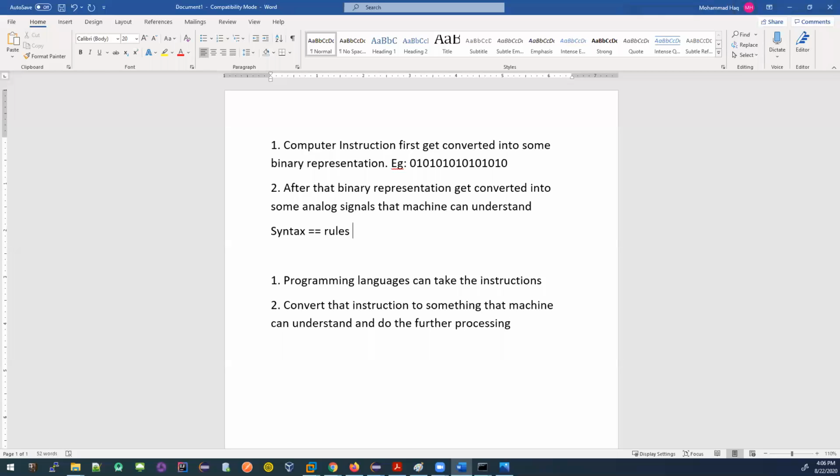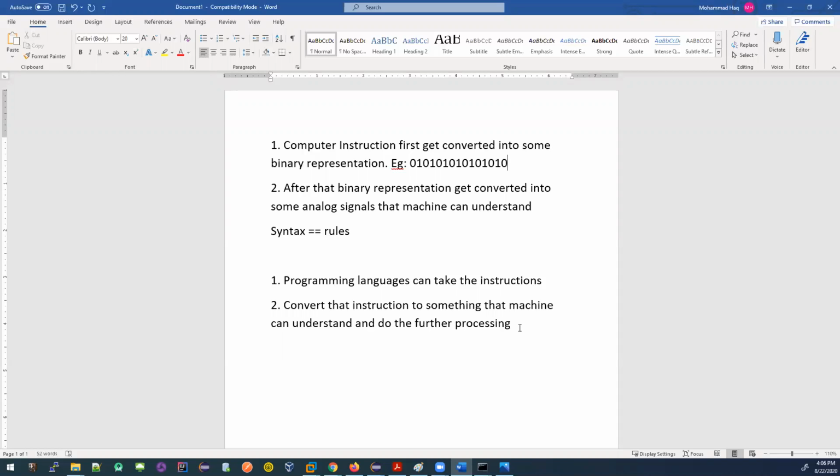And when you're giving the instruction, that instruction again gets compiled, or changed, to something that the machine can understand, which is 0, 1, 0, 1, 0, 1 or something like this. A lot of zeros, a lot of ones. And those zeros and ones again get converted to analog signals that your actual hardware can understand, right? So this can happen vice versa. Software can send the instruction to the hardware, hardware can send instruction to the software, and they can understand each other and do the communications. Now, programming languages can help us process those instructions through the computer system.